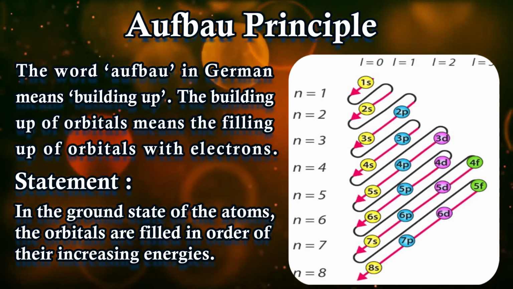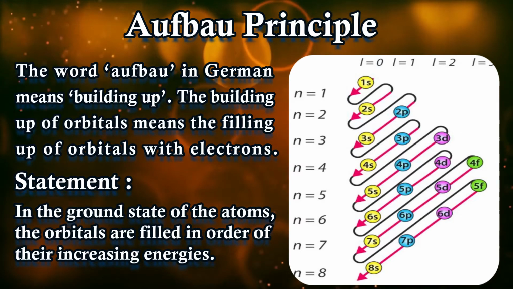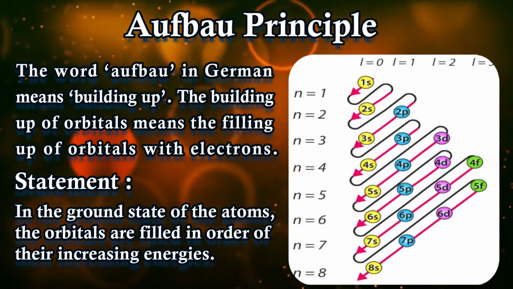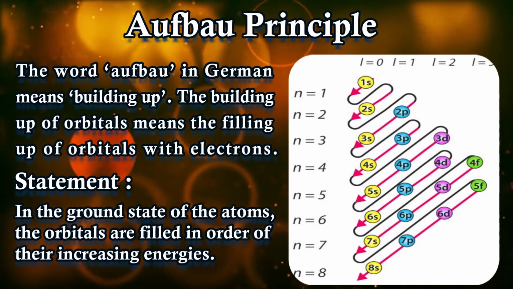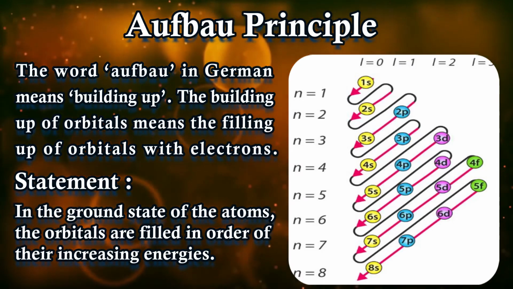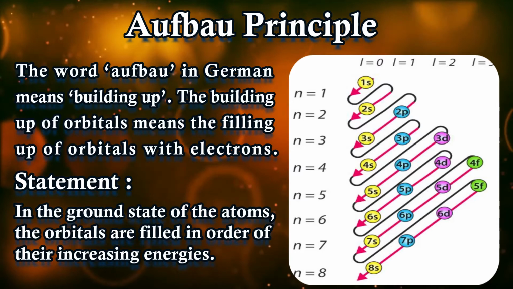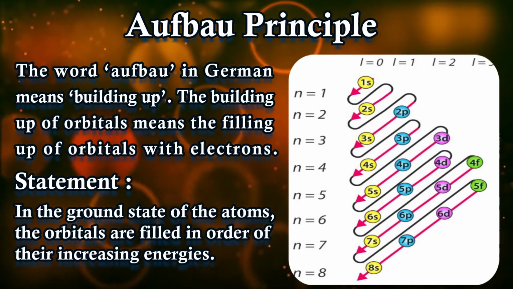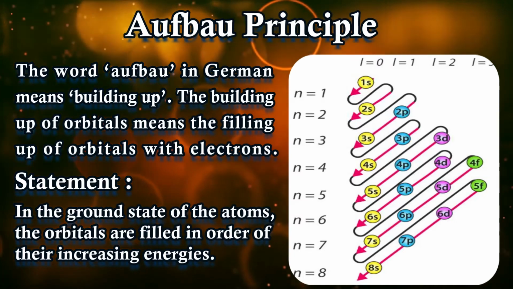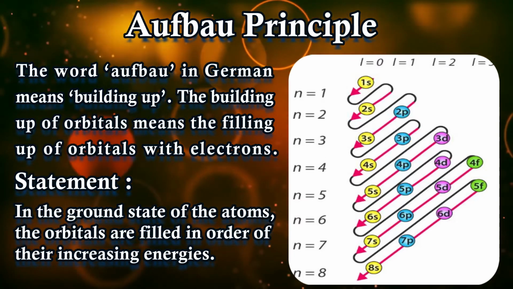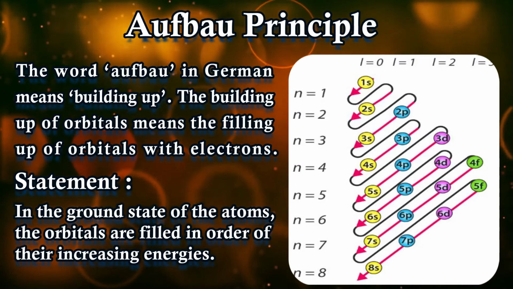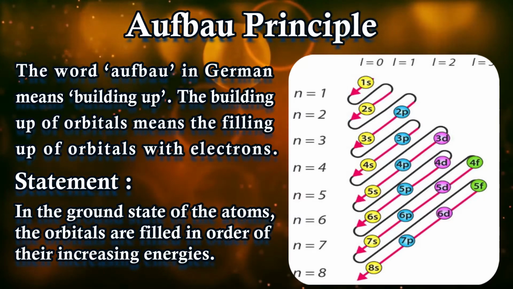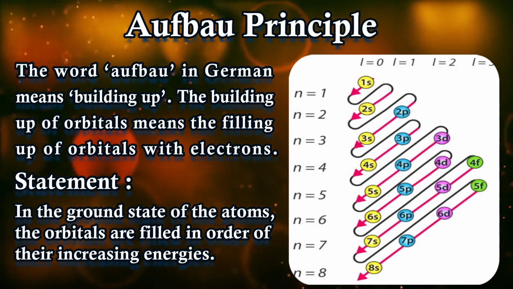Now after 1s and 2s are filled, 2p is next, with a little bit more energy than 2s. So after 1s and 2s are filled, we move to the 2p orbitals. Now the 2p orbitals will be filled one by one. A total of 6 electrons can be accommodated in p orbitals. Accordingly, from the 5th to the 10th electron, the p orbitals will be filled, right? Now after 1s, 2s and 2p are filled, we get the 3s orbital, right?